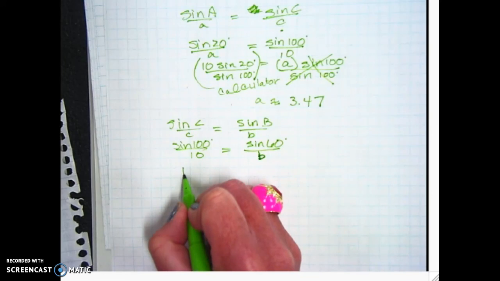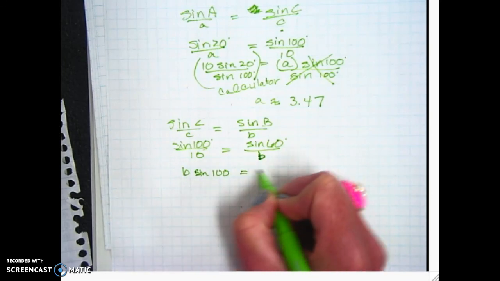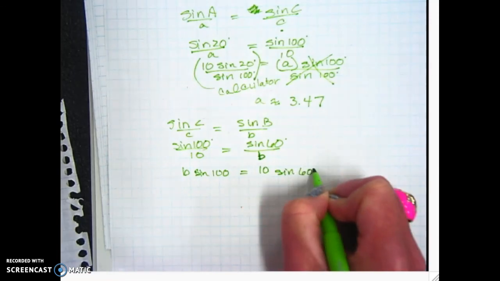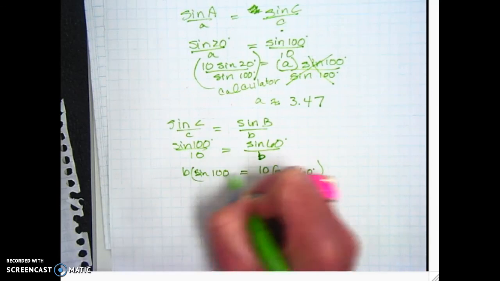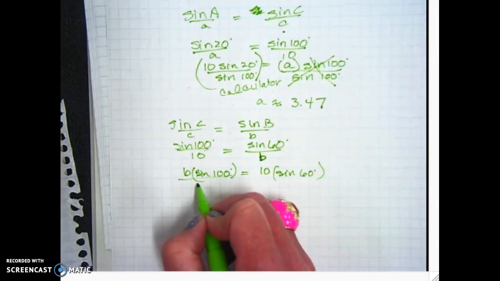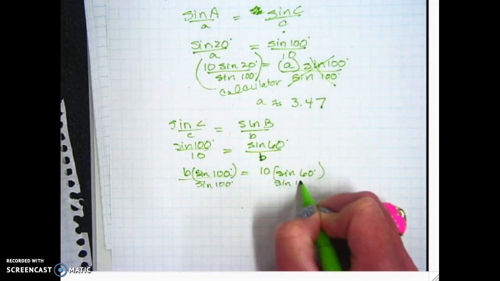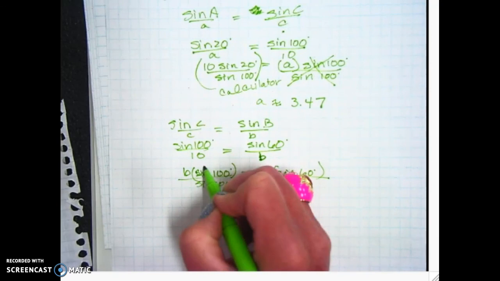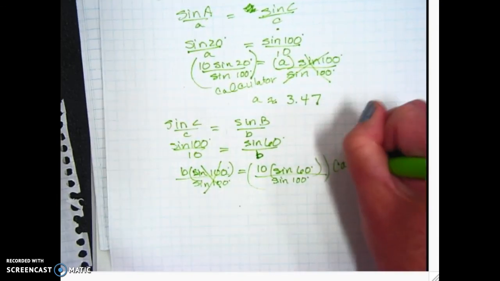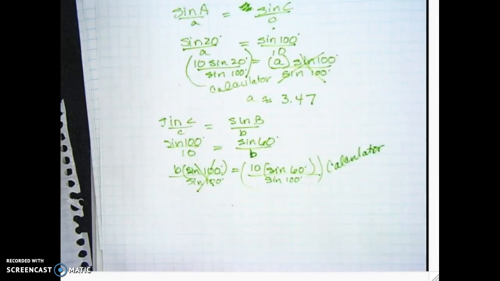So B times the sine of 100 equals 10 times the sine of 60. So to get that B by itself, we just want to divide both sides by the sine of 100. These cancel, and all this is what goes in the calculator, right? You can break that calculator work